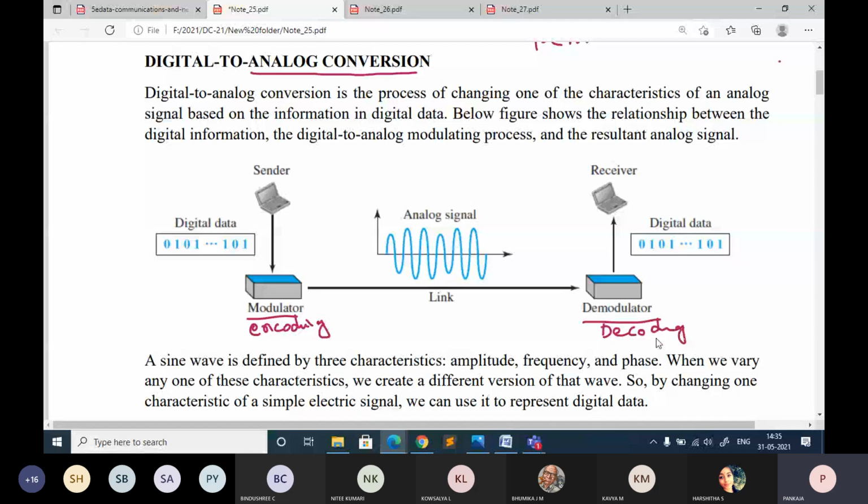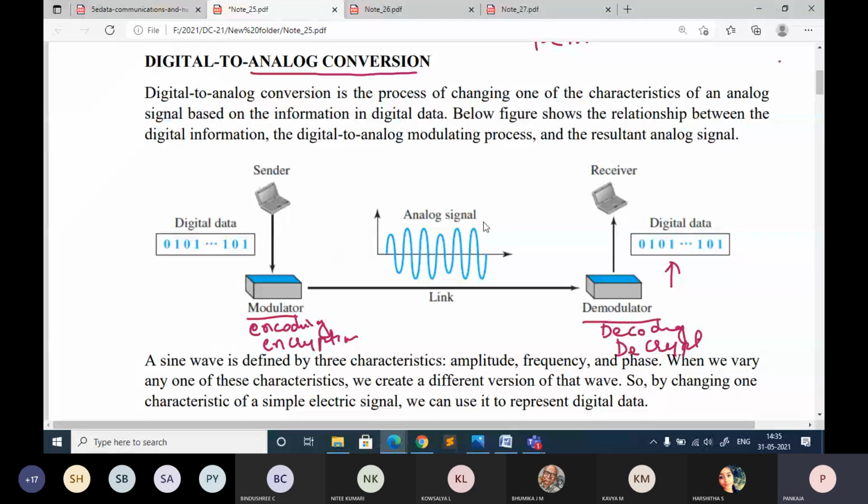In the case of line encoding and decoding, we have discussed this. Here we are using a modulator and demodulator, and even in the first module where I told you about security, you do encryption, encrypting the data, and here you decrypt the data. So the reverse operation has to be done to deliver the data at the receiver side. You should know these terms: modulator, demodulator, encoding, decoding, encryption, decryption. Whatever you change here has to be reversed back at the receiver side.